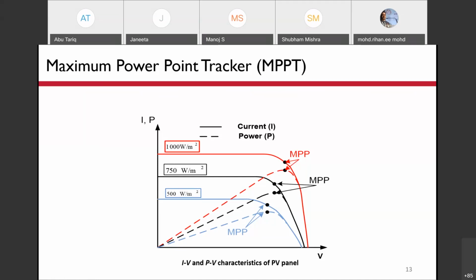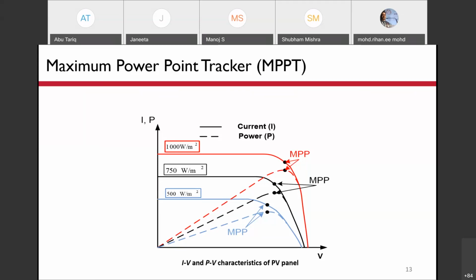So it depends on the weather condition also. Similarly, if the temperature varies, then the power available also changes, but the change is on the side. The major change is from the insolation.